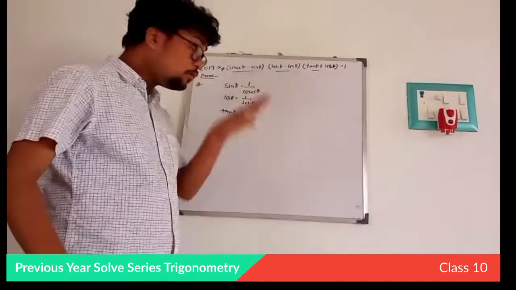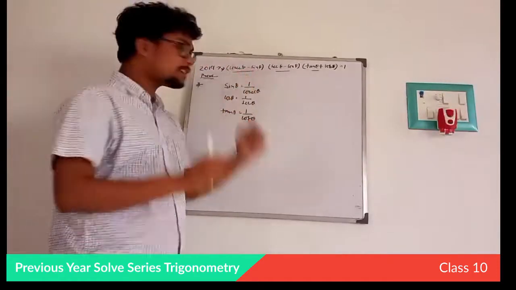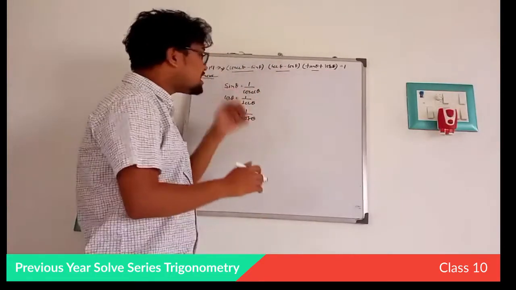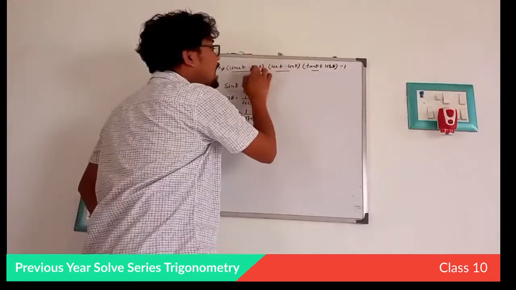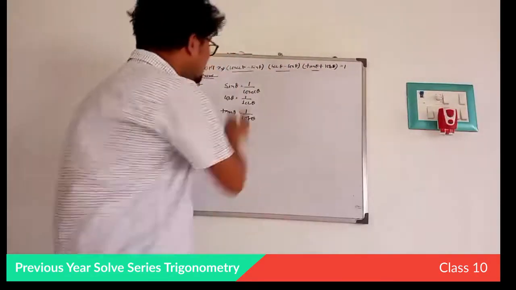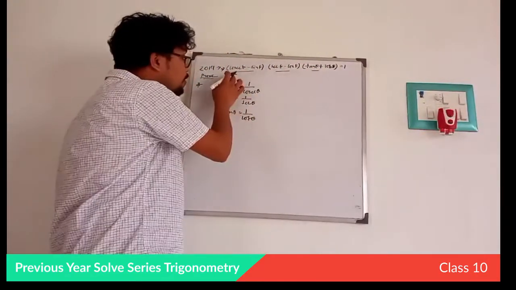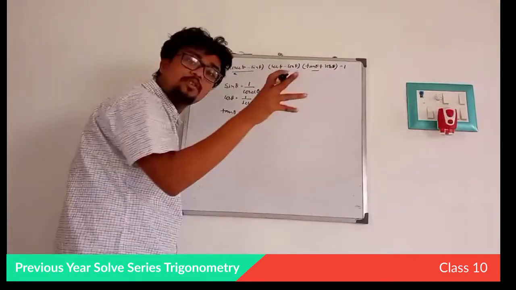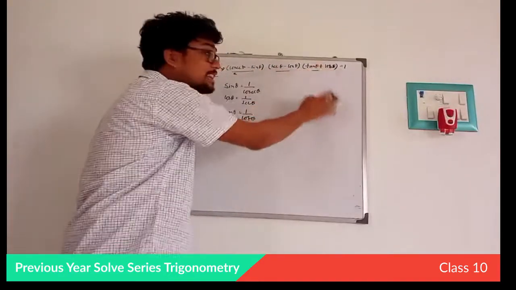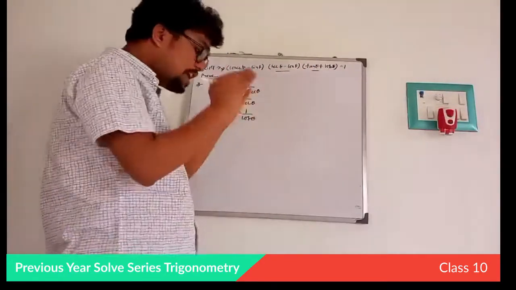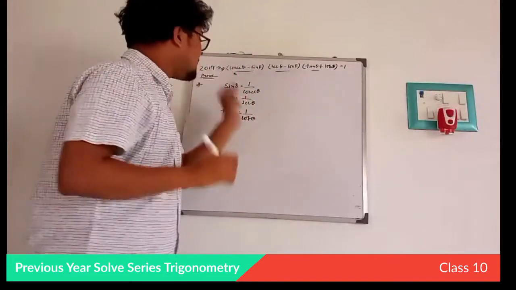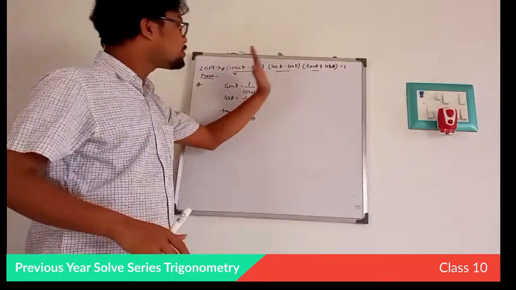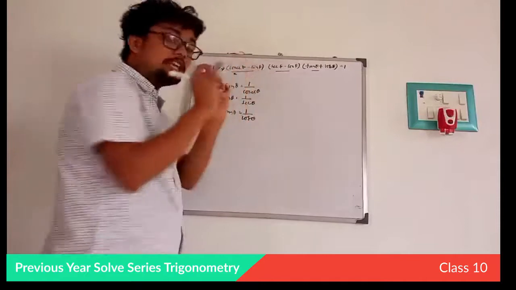Fine. Now look very carefully. In each bracket there is a term present which is exactly the reciprocal of the other term. What does it mean? Here cos theta is present, and cos theta is the reciprocal of sec theta. There is a sec theta, and sec theta is the reciprocal of cos theta. And there is a cot theta, which is the reciprocal of tan theta. Fine. So in each first bracket they provide me a term and the reciprocal of the other value. So now we have to convert each bracket into one term.